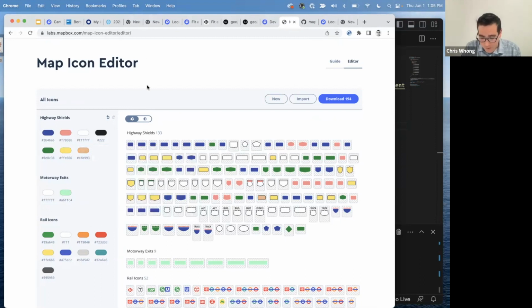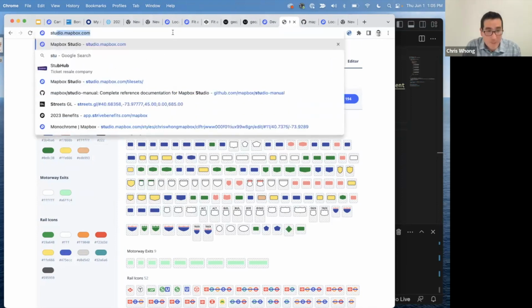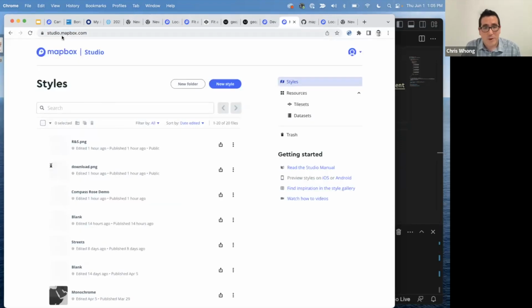Then of course we have Mapbox Studio, which we have a whole other webinar on, but if you're not familiar with it, actually, I'll fire it up in a moment because I'm going to do kind of a live demo on it. But it's kind of like Illustrator for map building, and you can customize each layer. But we'll show you that in just a moment. Okay, sorry, I'm going to bring this up in just a sec.